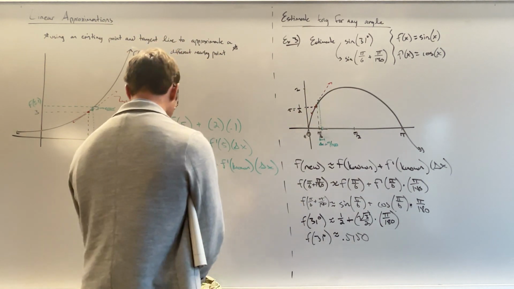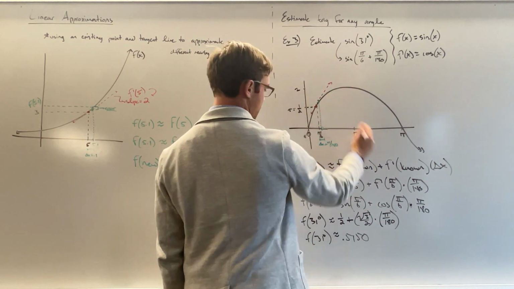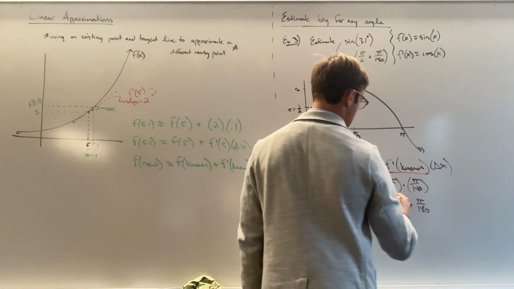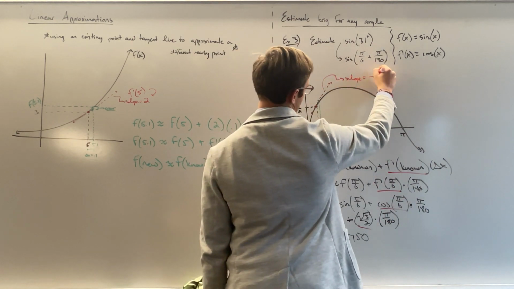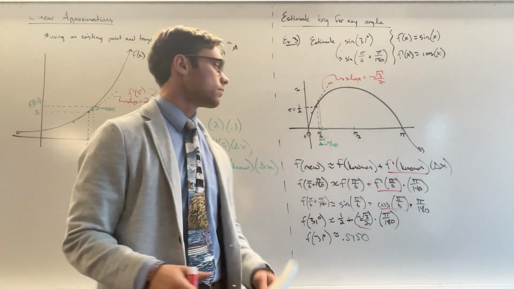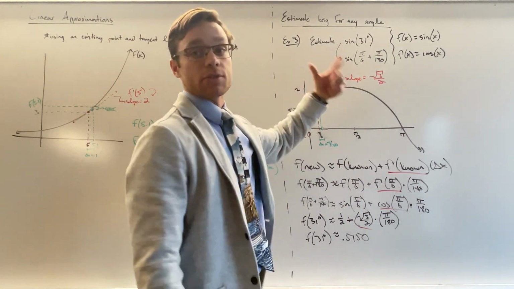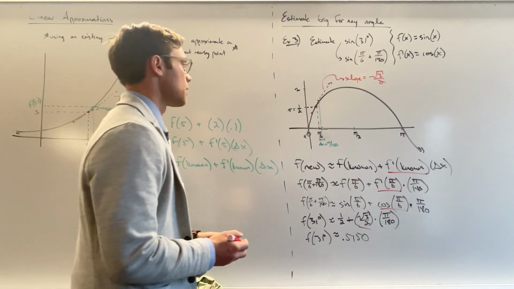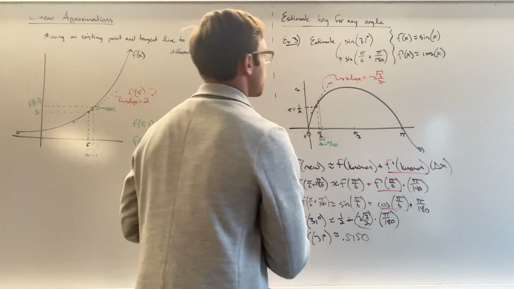To be clear, what you're doing is you're taking your starting point, which is sine of pi over 6, your known point, and then moving up its derivative a little bit. And what is the value of this slope? Well, it's root 3 over 2. All right, the derivative of sine is just cosine. So the derivative of sine of pi over 6 is cosine of pi over 6. So it's root 3 over 2. So that's your slope, root 3 over 2, slightly less than 2. Okay, and then so now that's your approximation, and if you were to plug it in, right, your true value, if you will, is